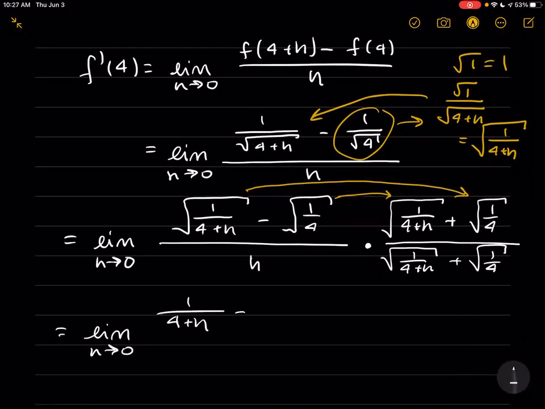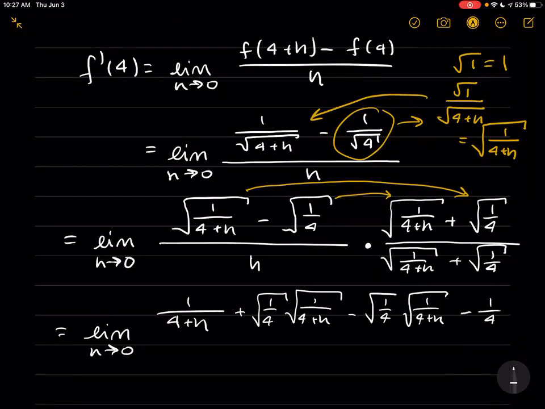So this will be plus the square root 1/4 times square root 1 over 4 plus h minus the square root 1/4 times square root 1 over 4 plus h. And then minus square root of 1/4 squared. So this could be minus 1/4 over h times